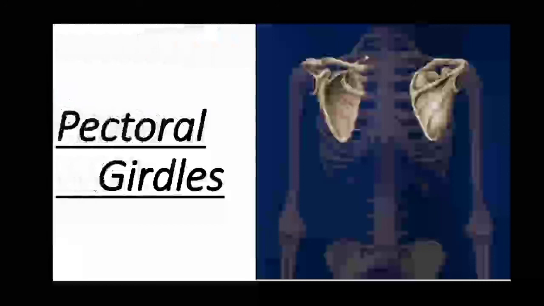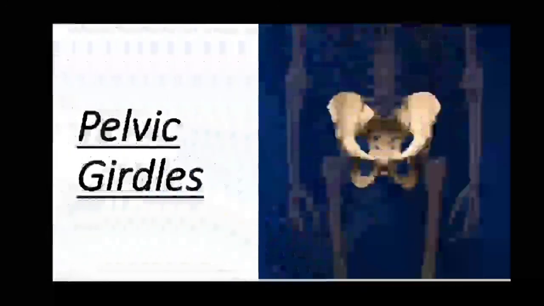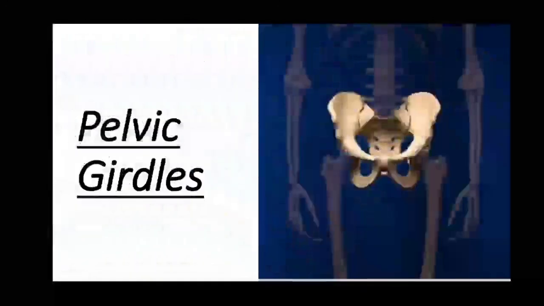Second, below the pectoral girdle we have the pelvic girdle. It has 2 bones which are called hip bones. 2 hip bones fuse together and provide support to the upper body. Except for providing support, it provides the area of attachment for our limbs also. So, our 2 arms are attached to the upper girdle, which is the pectoral girdle, and our legs are attached to the pelvic girdle.